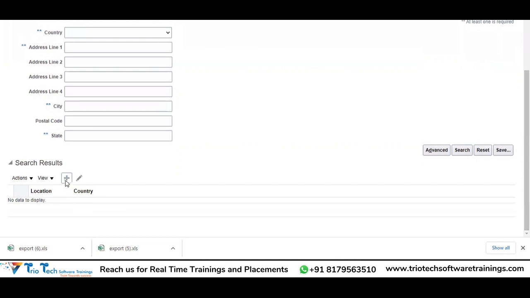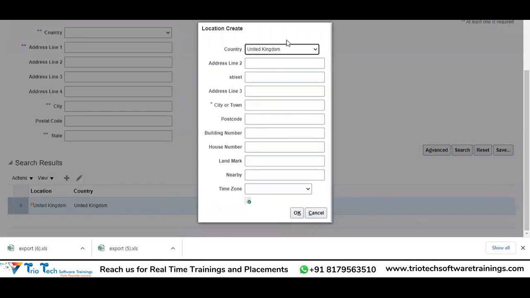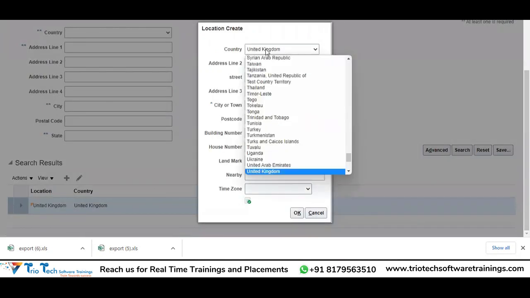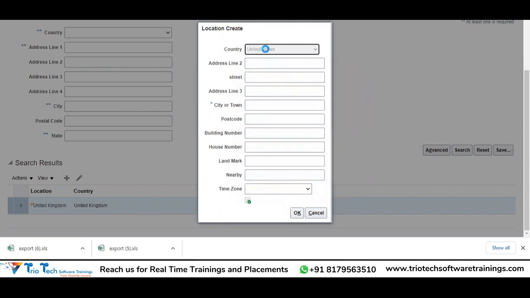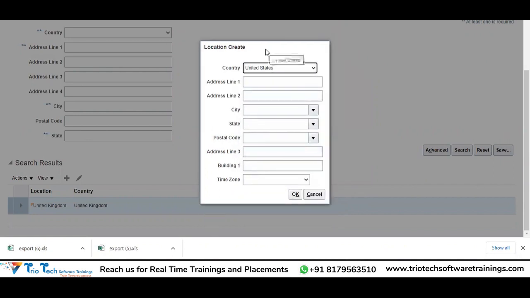Now in that, you will first have to add or create the address. I will click on add, and for country I will select whatever country. In our case, we are taking United States as the legal jurisdiction, the legal country where our business is. According to that, we are creating our ledgers and everything. So the United States country we have taken, and address line 1, address line 2,